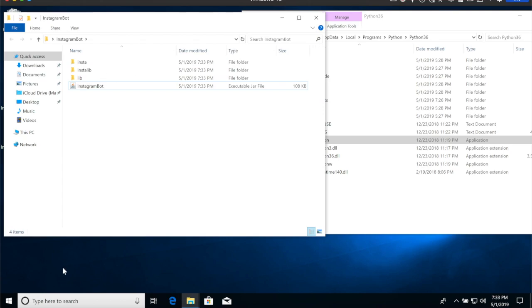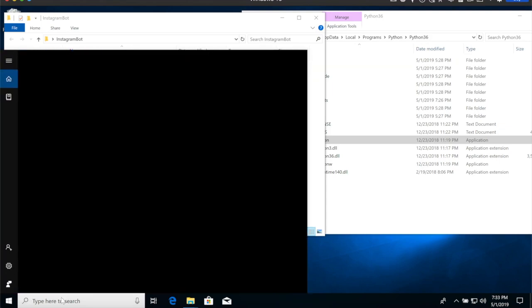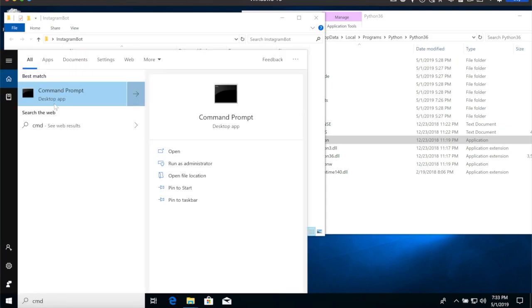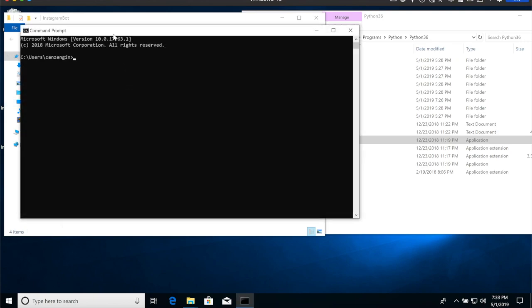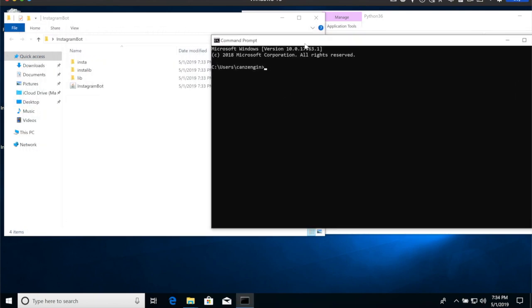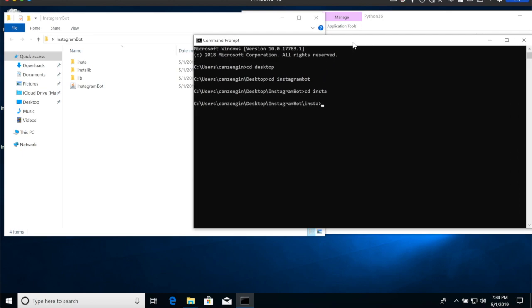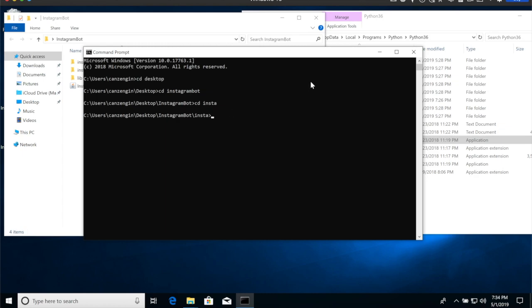I'm going to open terminal on Windows. You need to type cmd here, and this is your terminal. I'm going to click it, and I open the terminal. So in terminal, I'm going to go to Insta folder, cd desktop first, and cd Instagram bot, and cd Insta. As you can see, we are in Insta right now, and we can run our command python path setup.py file